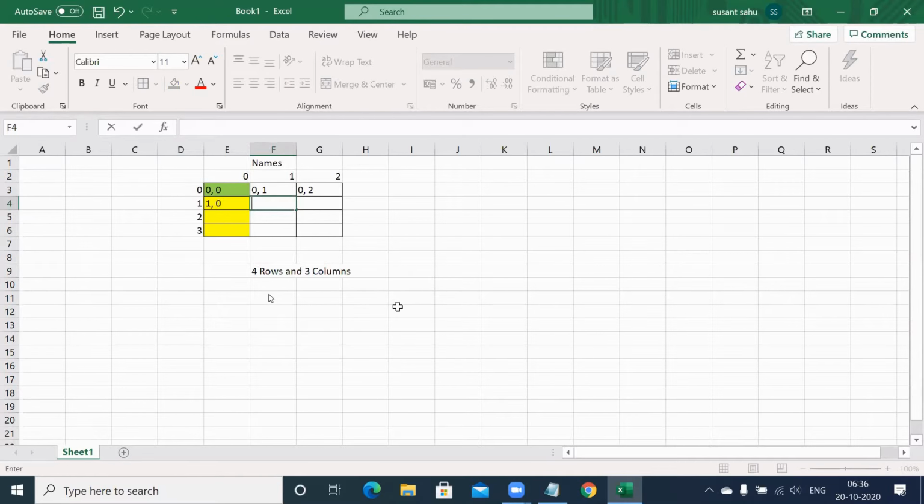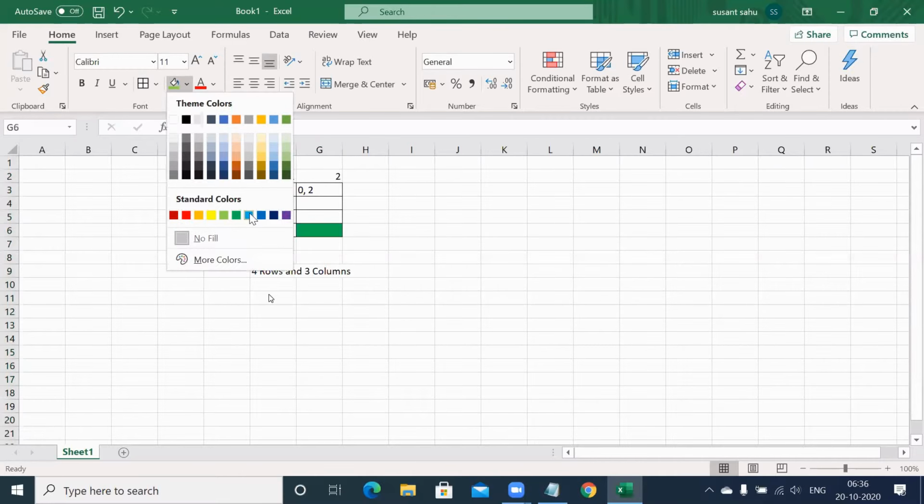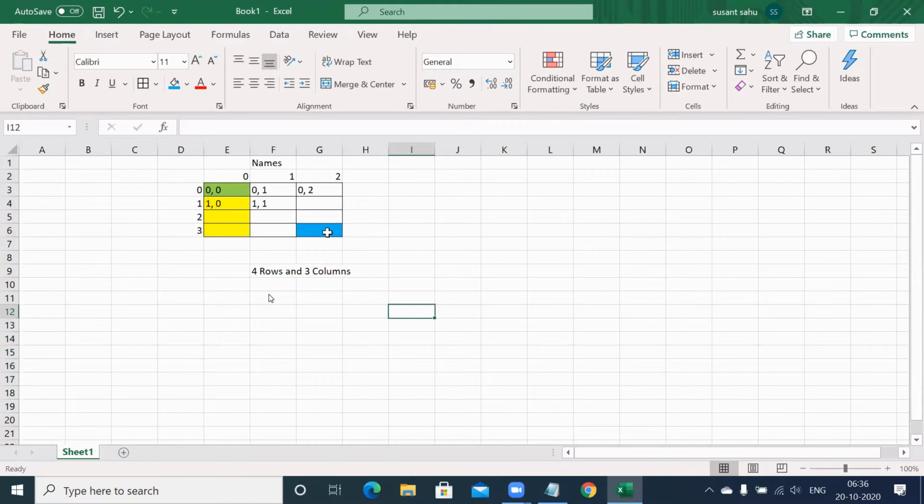So the index of each cell inside that two-dimensional array, you will consider as the cross-section of row number, comma, column number. So if I ask you what will be the index of the extremely last row, last cell, which I have made with some blue color, you must say this is row number 3 and column number 2. Don't you think so?